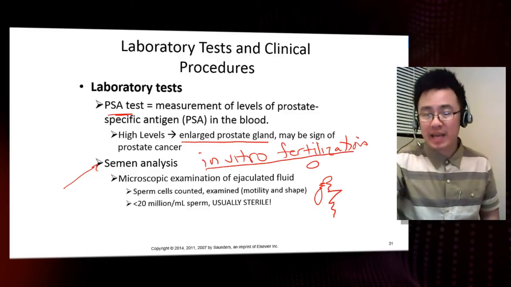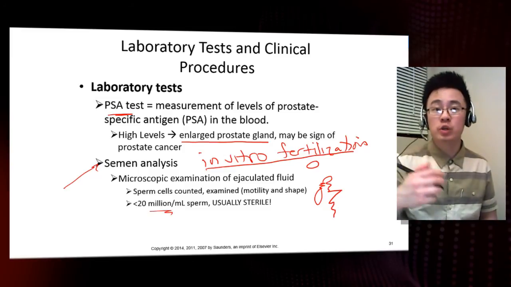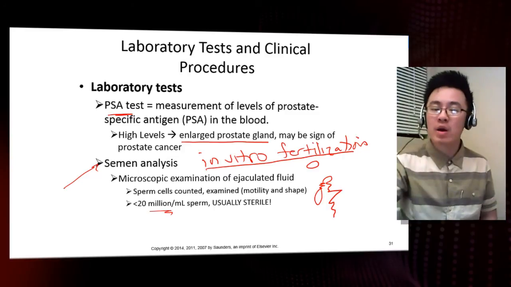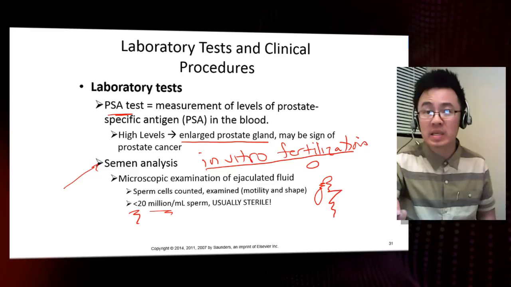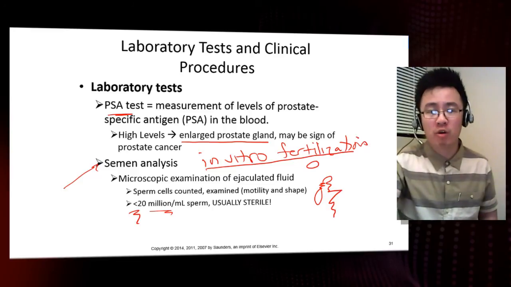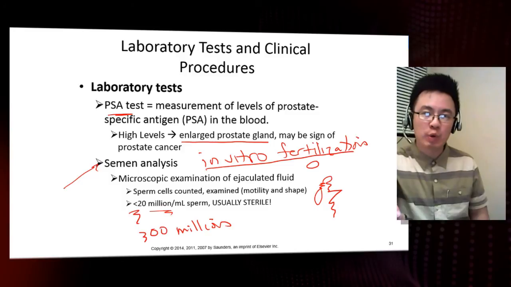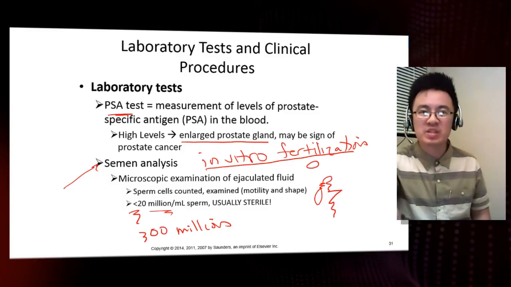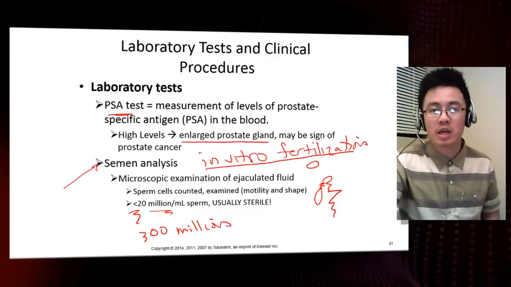Now, when sperm is counted, a male that has more than 20 million sperm is considered a fertile male. However, with less than 20 million sperm, they're usually considered medically sterile, because 20 million is way too low a count compared to 300 million. Remember that from part 1. 300 million sperm is needed to have the best chance of fertilizing an egg cell, but less than 20 million is considered way too small a fraction to do so.